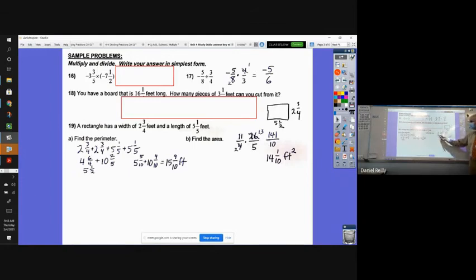That's why when the numbers are big like this, cross-reducing is a really good strategy. 26 and 4 are both divisible by 2. And at least then it gets a little more manageable. 14 1/10 square feet. Area is in square feet. Okay, it's a number of squares that covers up the shape. When you have to write square feet on the test, it's already in there for you. You do not have to write